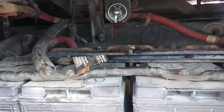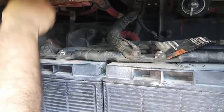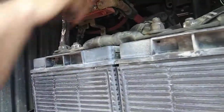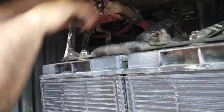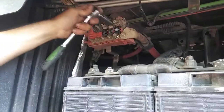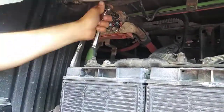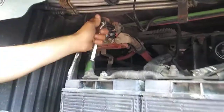All your cables and everything, just kind of snug on them. Pull on them just a little bit and make sure everything is tight, because the truck does rattle a lot when you're driving it, and stuff does come loose. So once in a while, just make sure everything's nice and tight, when you get a chance. I know we don't have too much time to play with, but